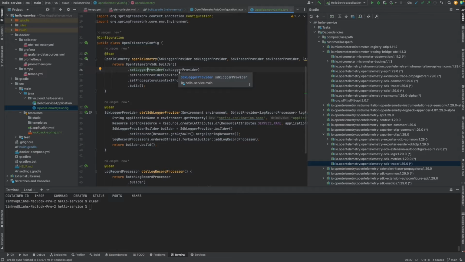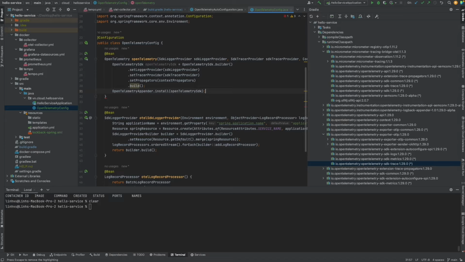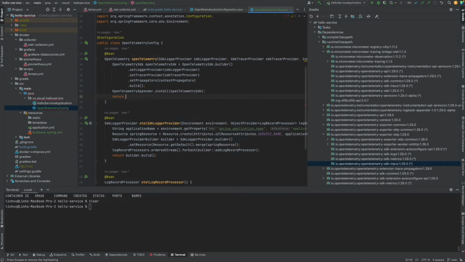And the last thing we need to do is register this OpenTelemetry SDK to our log appender. Okay, so I will use this OpenTelemetry appender, and I will install the OpenTelemetry SDK, and then I'll return the